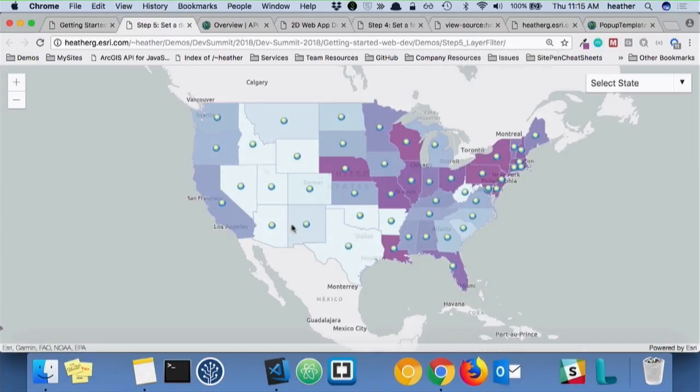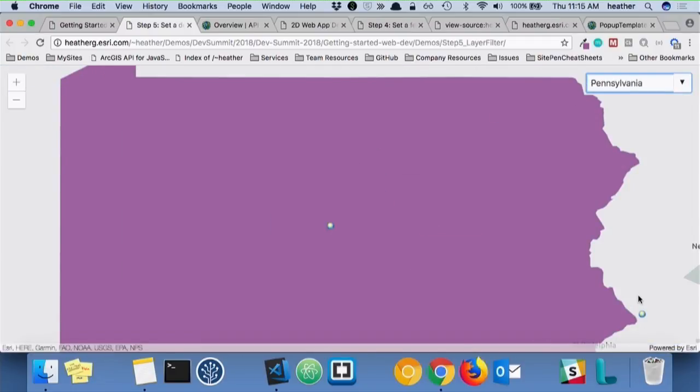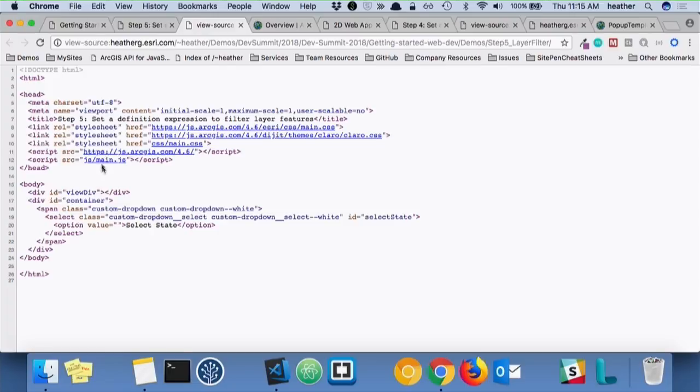if we take a look at this demo, you'll see I have a drop down listing all the states. If I click on one, go to Pennsylvania, you can see it just zooms to that location. So if we take a quick look at the code behind it,